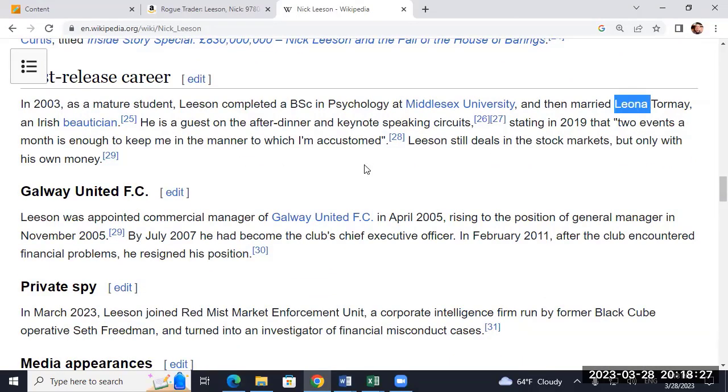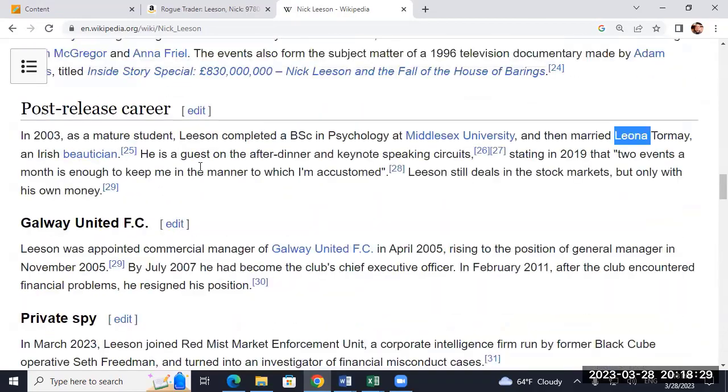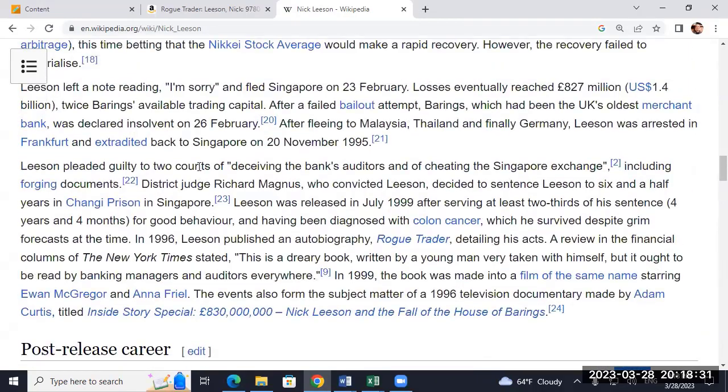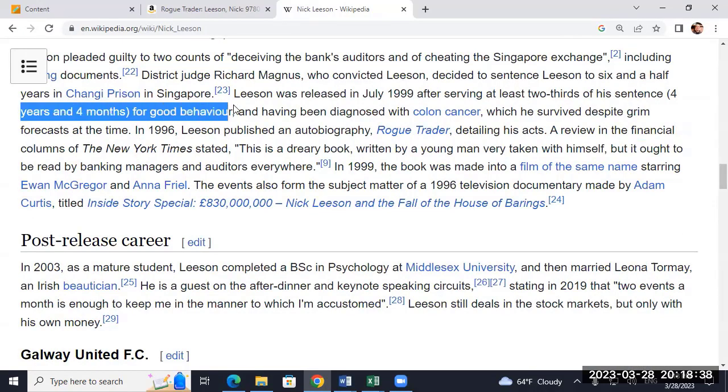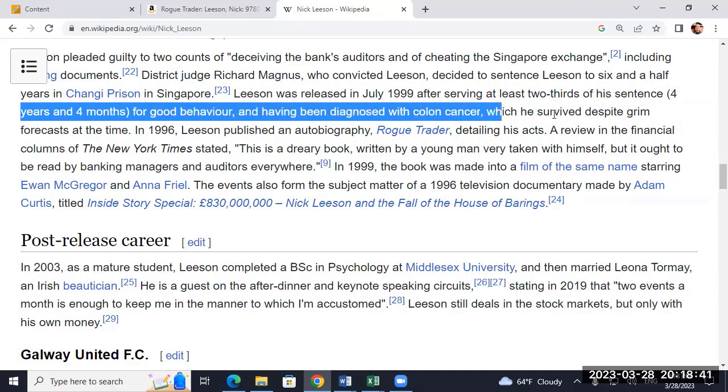He got married after all of that, so it doesn't say how he came out of jail, but I think he had some medical issues where they let him out a little early. For good behavior. 4 years and 4 months for good, I guess, for good behavior. Well, colon cancer too. So